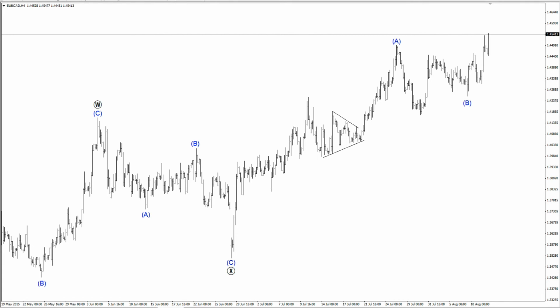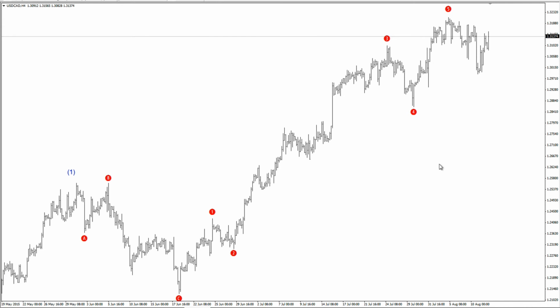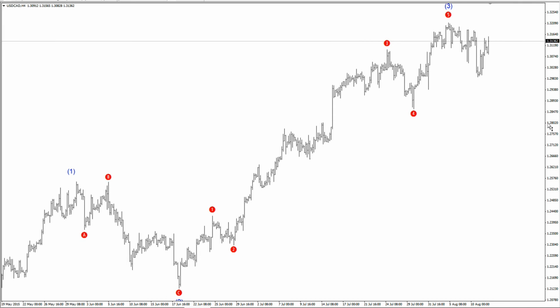So this is quite open to upside right now at Euro Canadian. Support level comes at 144.92. This is the recent minute wave high on the downside. So these levels should be the ones to watch today at Euro Canadian.